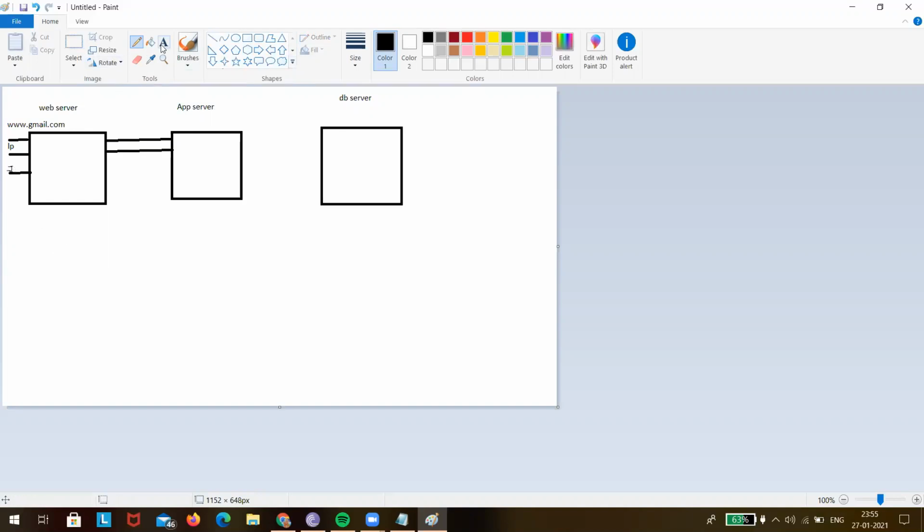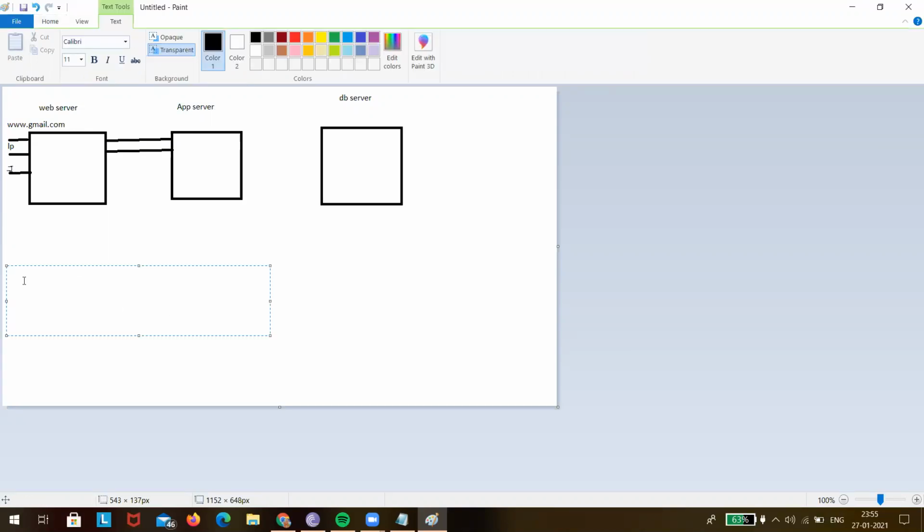Now I will write here the details of point number 2 because I'm not having the space there. So what I'm writing in point number 2 is: enter username and password and click on OK button. Actually, I should write, enter valid. Is it fine?